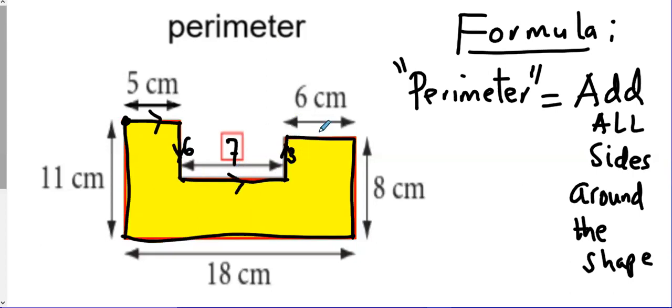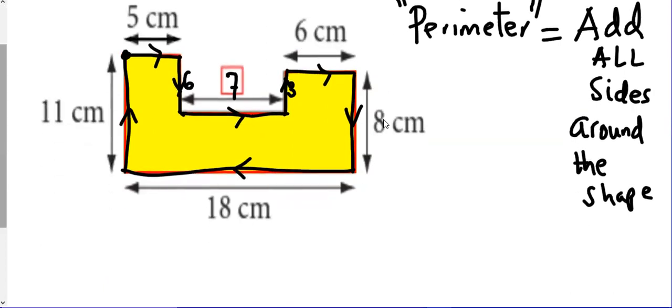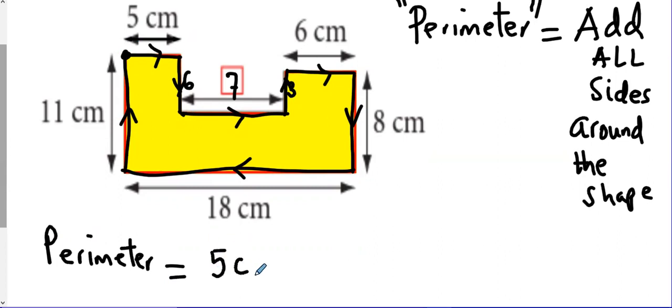You go around the shape. You go around the shape. That is perimeter. Okay, I hope now you have understood what is perimeter. So here, go ahead writing perimeter equals to 5 centimeters,